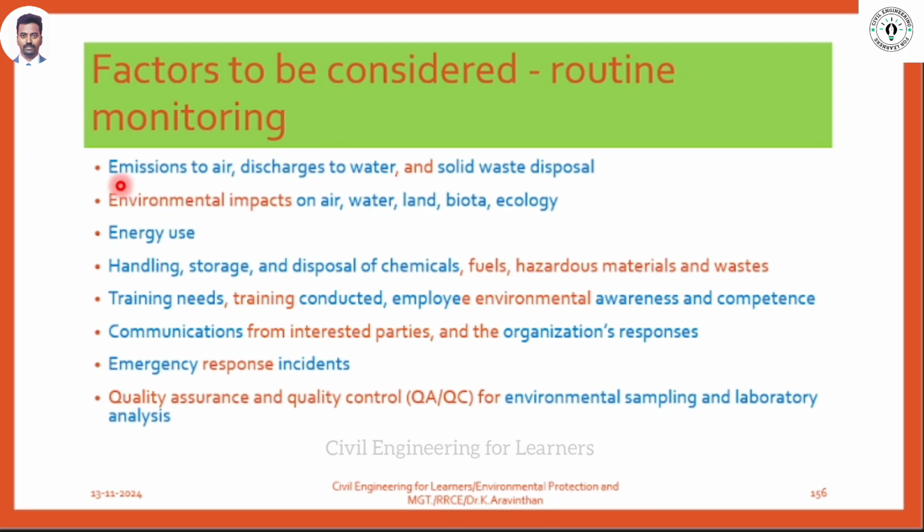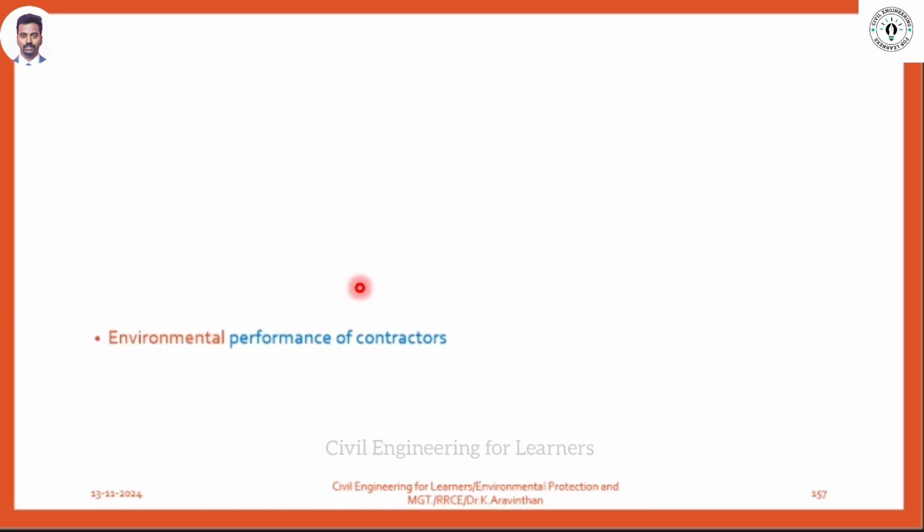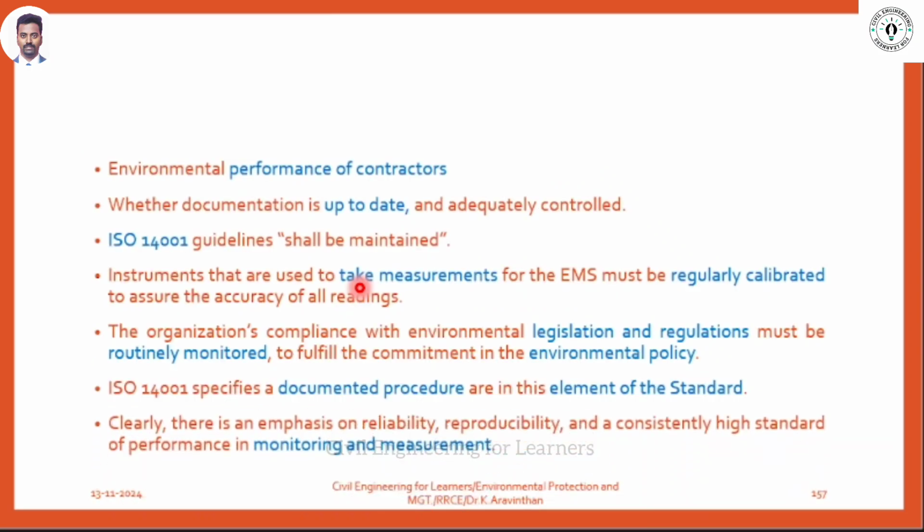Routine includes emission of air, discharge of water, solid waste. These are all routine. Then energy usage, which is electricity. Chemicals you handle, store and dispose of can be routinely monitored, etc. You can understand from this. These are the further points which